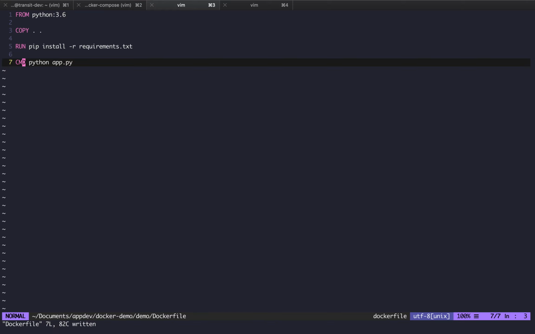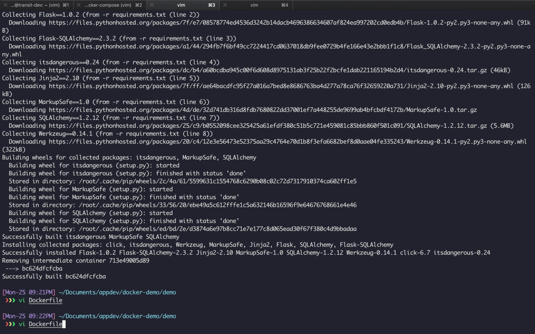When an image becomes a container, the command that you specify, like, oh, run this and then start the container, is defined by the special keyword CMD, and this just stands for command. It's special in that you can only have one of this keyword, and it has to be at the end of your Docker file. Does that make sense? So, for example, I can have multiple RUN commands, but only one CMD, I guess. Okay.